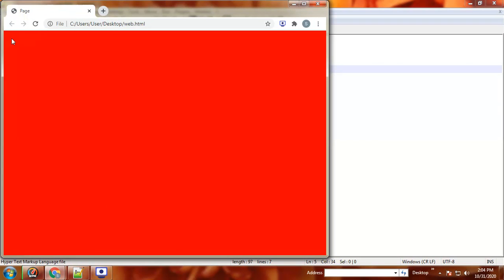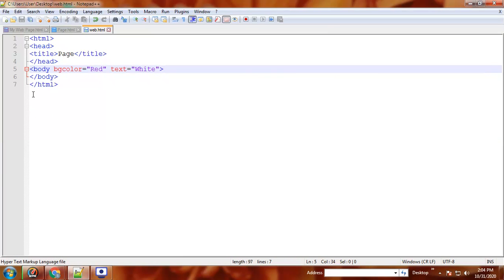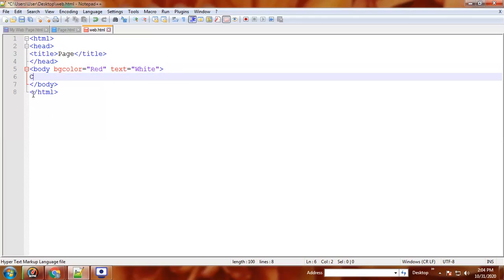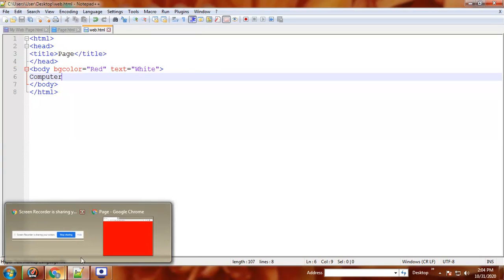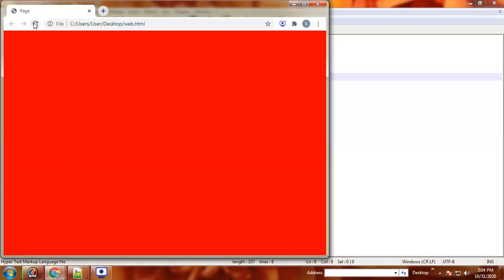As I have not given any word, there is no change. But if I give a word in the body part, like computer, then file, save, and refresh. It's computer and its color is white.